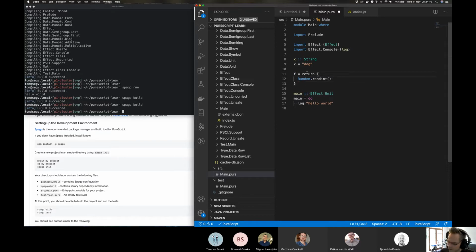Do you know what I mean? Maybe f is given an x, and you say random times x, fine. Given the same x, if I call f with 1, this must always return the same thing. Every single time I invoke f of 1, I expect to get the same result. Whereas here you can quite clearly see that that's not the case. This is going to generate a new random integer multiplied by x, and that's going to return me a different value for 1 every time. Does that kind of make sense?